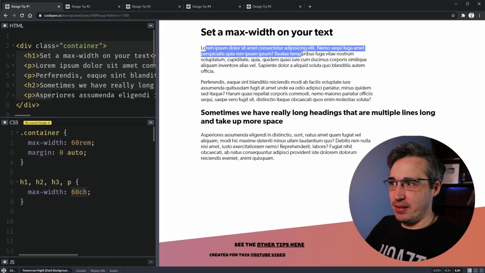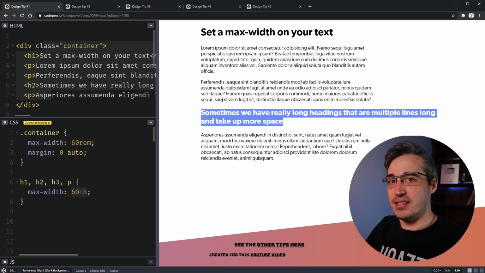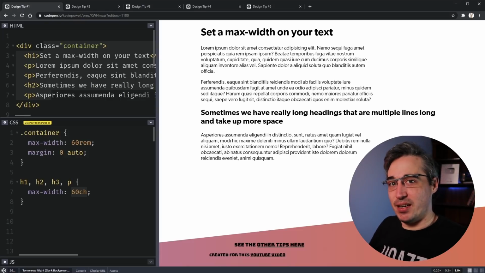And you can see here that my paragraphs are now shorter than my heading here. Even though this heading has the same width, it's set as a max width 60 CH, it's based on the font size of that element. And this can make some interesting layouts. It can be a nice way to actually break up really long pieces of text when you have headings that are sticking out a little bit, just to break that wall up a little bit.